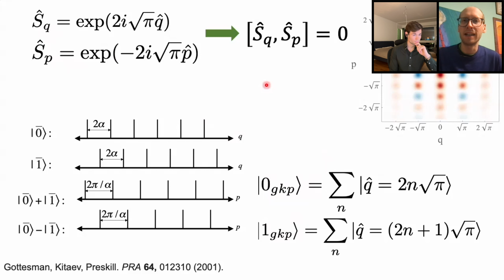And so any state that is a superposition of the 0 and 1 will also, by linearity, be a +1 eigenstate of these two operators. And so that is our code space. And if you think now about this phase space, you can visualize this state by